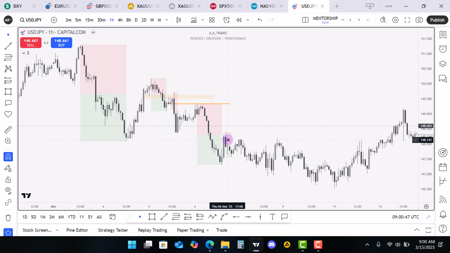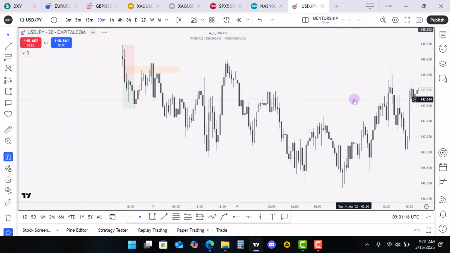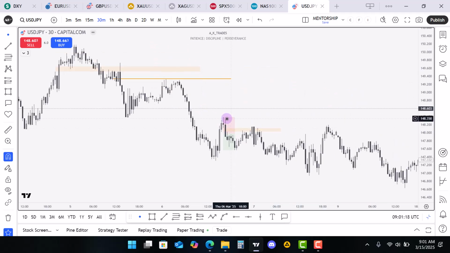Why is that? You see, at this premium level here, you might not be able to identify a key level on the 1 hour chart. But so far as price retraces to that level, it means there is something there worth looking at. So when we can't identify it on the 1 hour chart, we then drop down to our lower time frame and look out for whatever key level price was respecting within that level. So when we go to the 30 minutes chart, this is the point that I was talking about on the 1 hour chart.